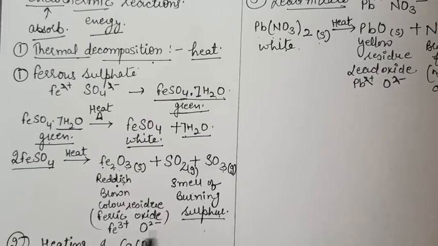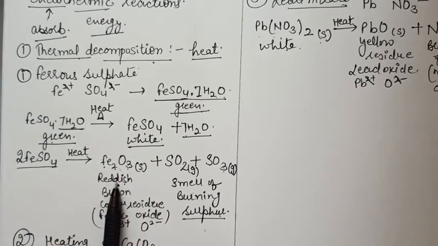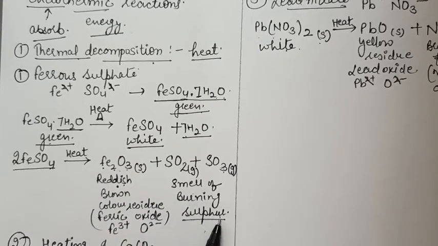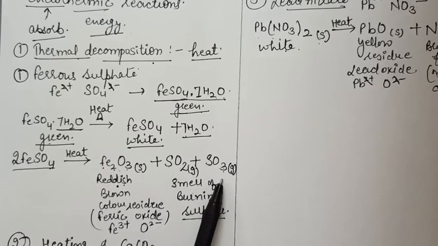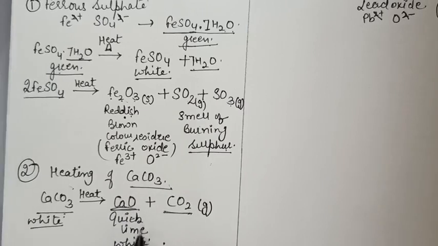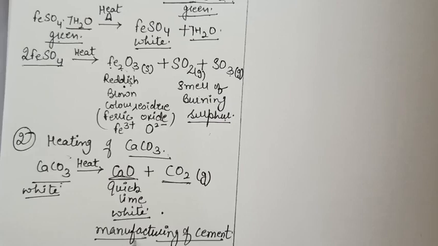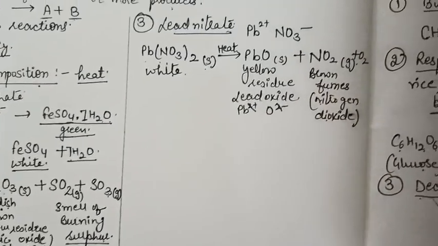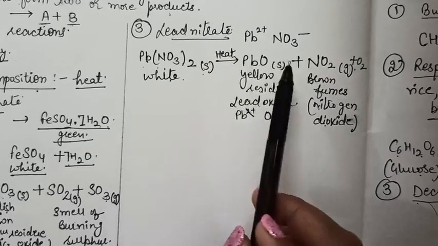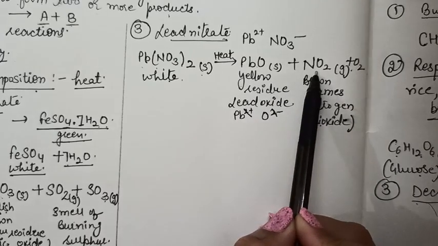So we have done the 3 examples of thermal decomposition reaction. One is the heating of ferrous sulfate crystals that are green in color. The residue left behind is ferric oxide, reddish brown in color, and the smell of burning sulfur is produced, that is of SO2 and SO3. Then heating of calcium carbonate, which forms quicklime and carbon dioxide, and quicklime is used in the manufacturing of cement. Now the third example we have done, that is the heating of lead nitrate. Yellow residue of lead oxide and brown fumes of nitrogen dioxide